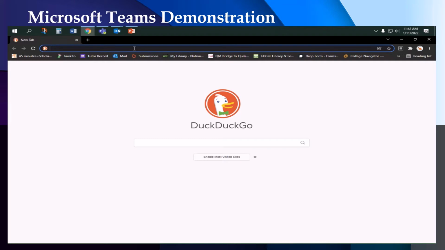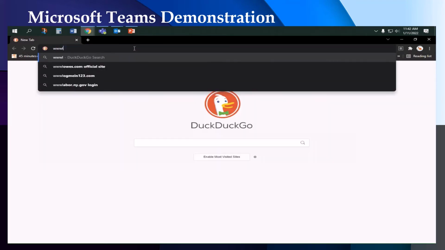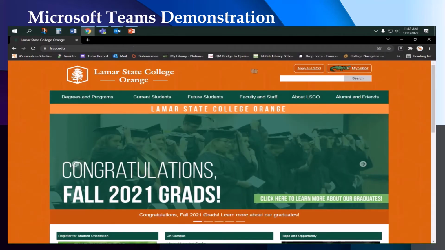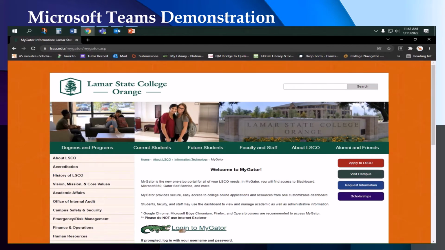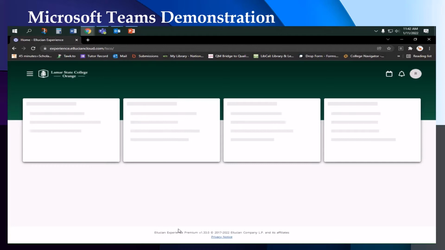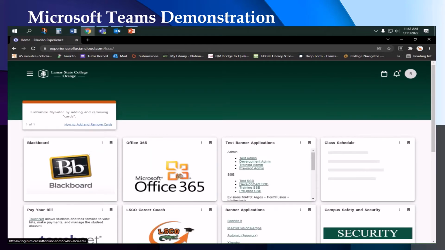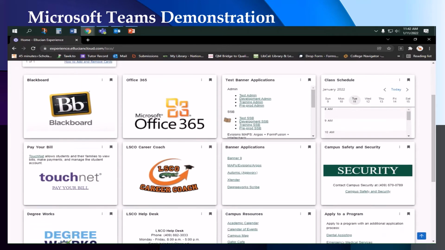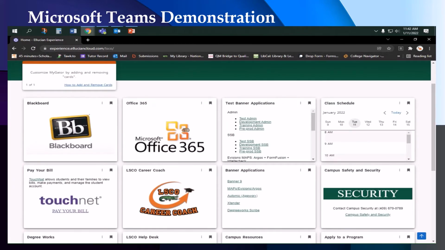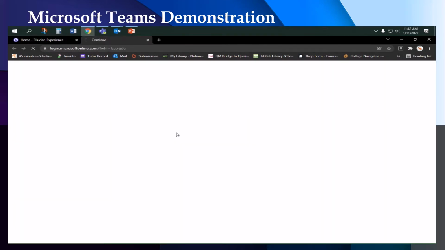So we're just going to dive in and access Microsoft Teams. Okay, so you want to go to My Gator. Pretty straightforward. You want to find the Microsoft Office 365 tile. Mine is the second one over from the left, but if you don't see it there, you'll just scroll down and find it on another tile or another location. So we go there,